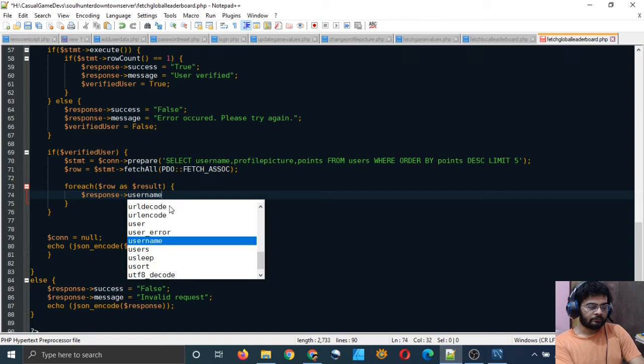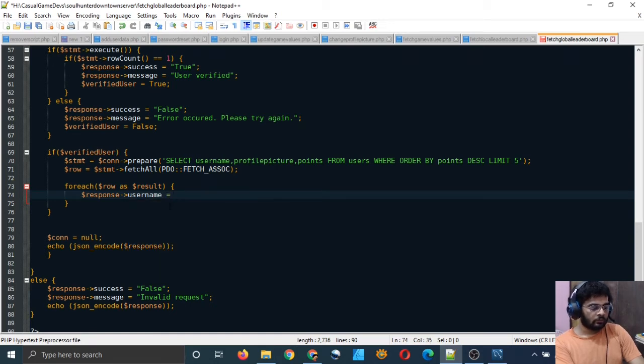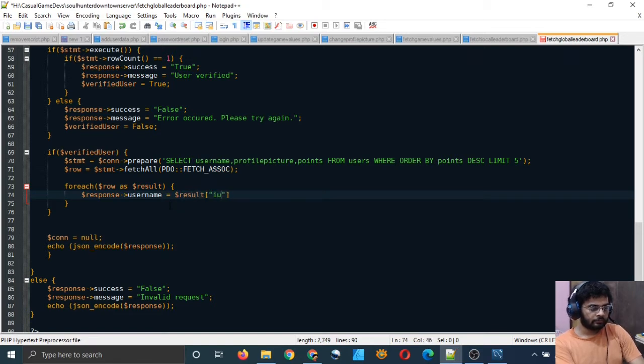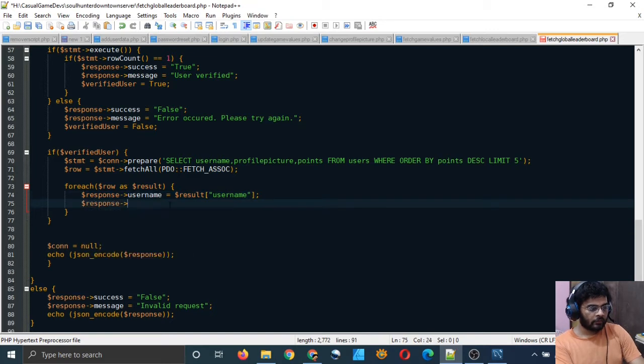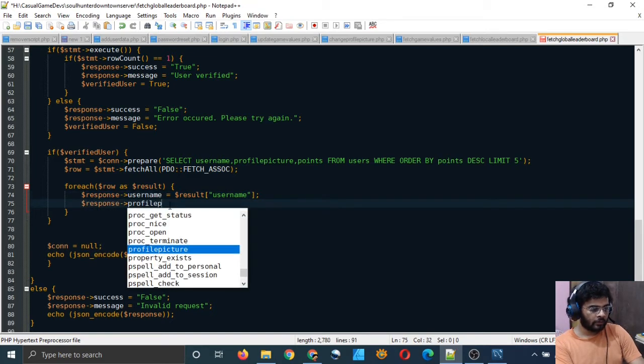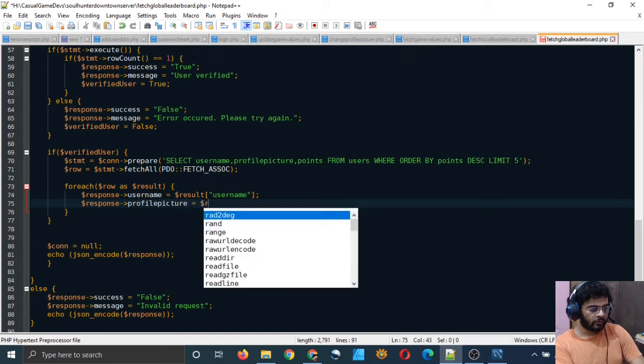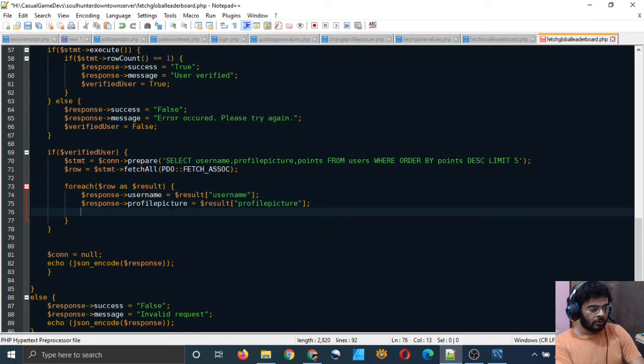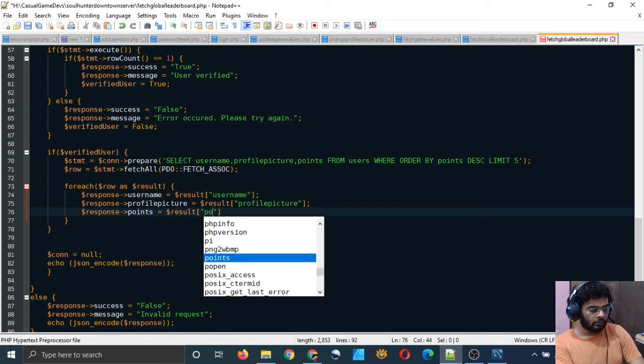Username is equal to $result username, and then we will store profile picture, which is $result profile picture, and then points, $result points.